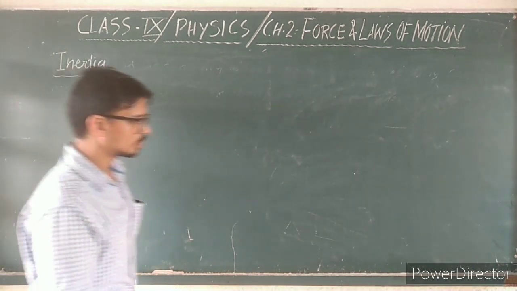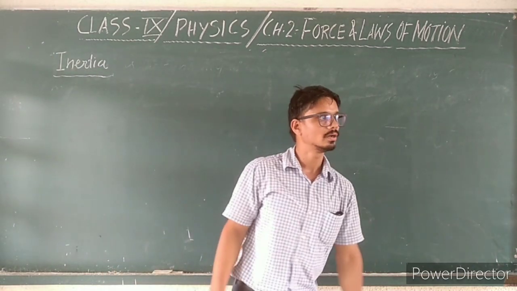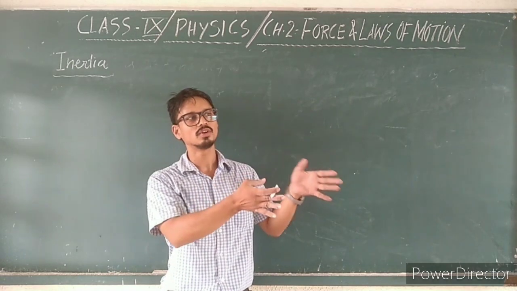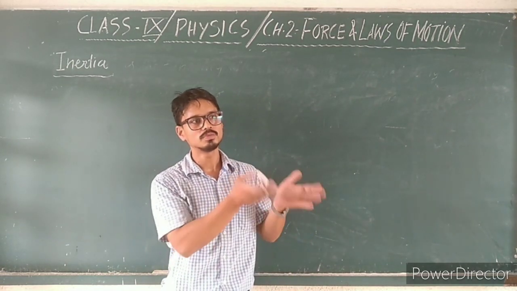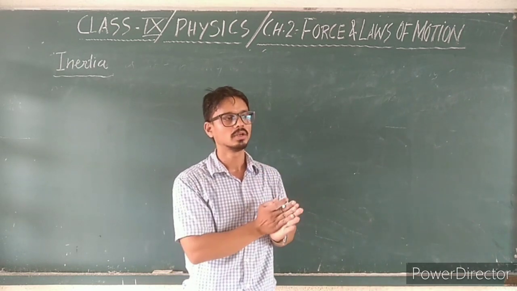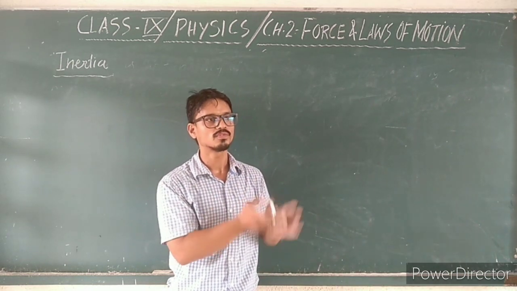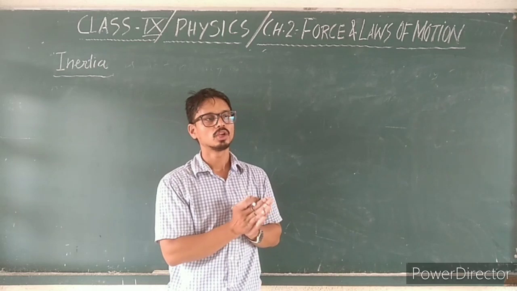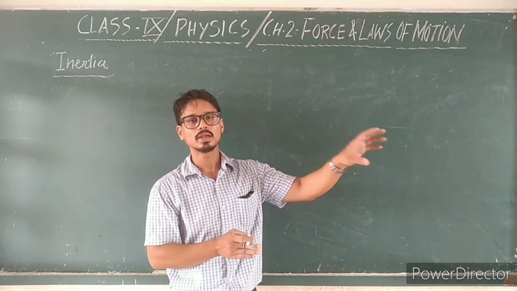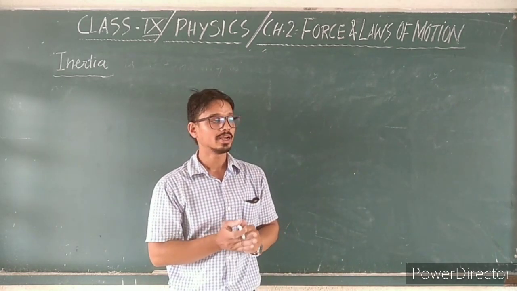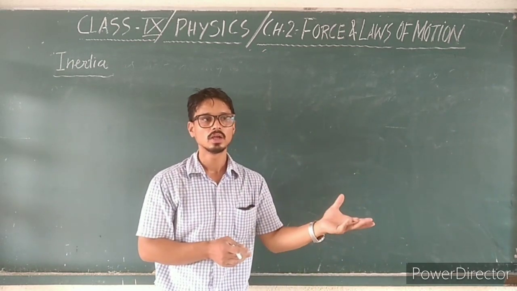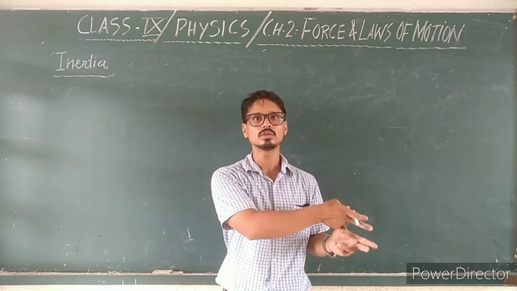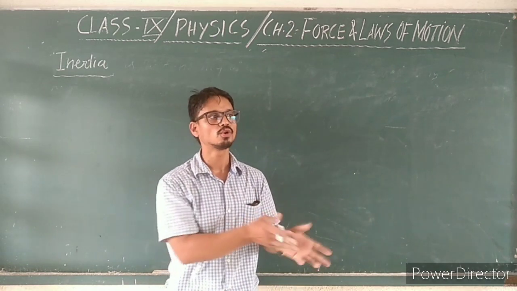So what is inertia? For example, if any object is placed somewhere in a house, you can observe that this object, or you can say this table, is at rest. After some time you will observe that it still remains in its position of rest. It means this table has a tendency to remain at rest. If you have to change its position, then you will apply some force on it.